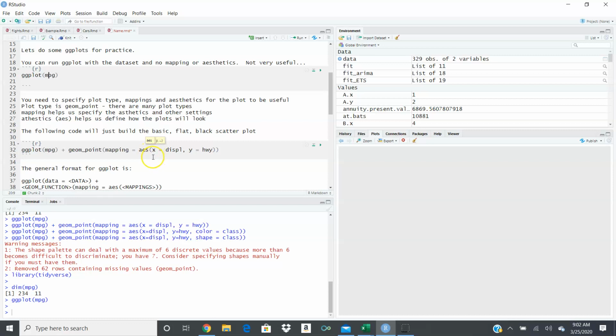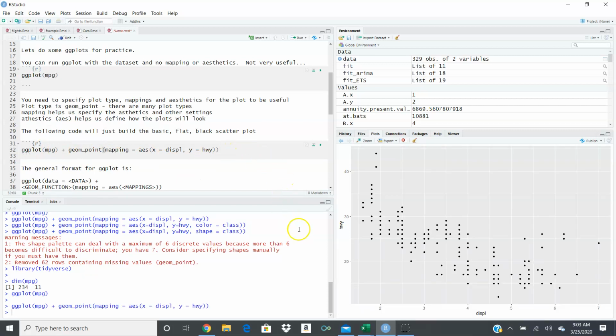So I picked two fields. Of the 11 fields that are in the mpg data set, these are two of them. One of them is the displ field, and the second one is the highway field. So for X, my x-axis is going to be set to the displ field, and my y-axis is going to be set to the highway or hwy field. That's where I'm specifying my aesthetics that make up the mapping that is part of the geom_point that is part of my plot. Okay, so when I get ready to run this,